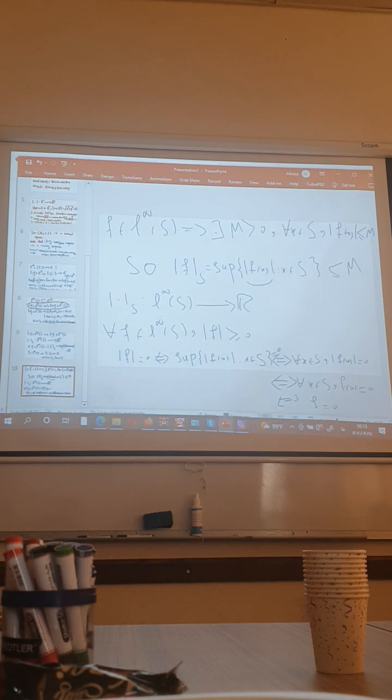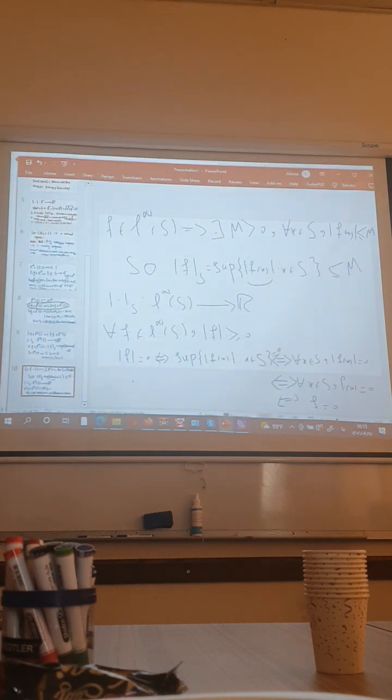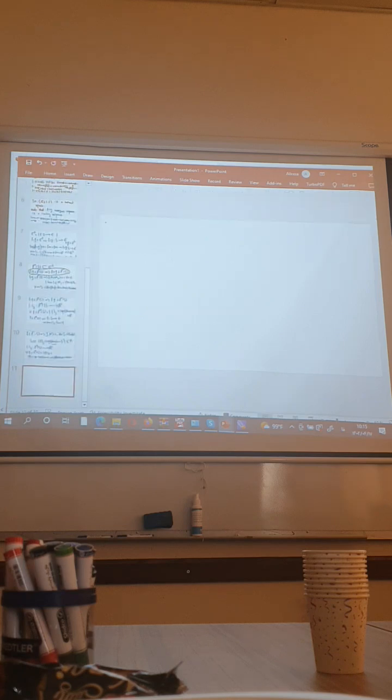For any x, f is equal to 0, so f is the constant function 0, okay? So you have this property true: the norm of f equals 0 if and only if f equals 0. And also the other two properties hold. For example, if f belongs to L infinity of S and alpha belongs to the complex numbers,